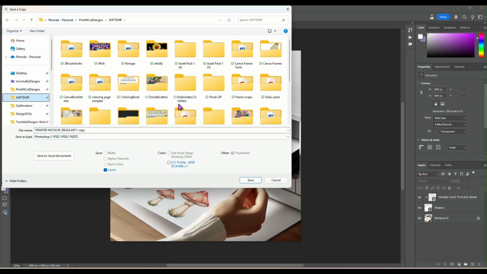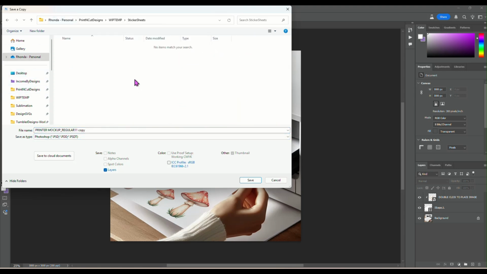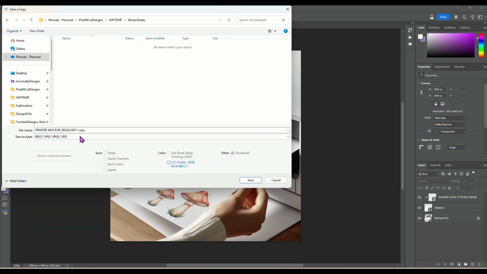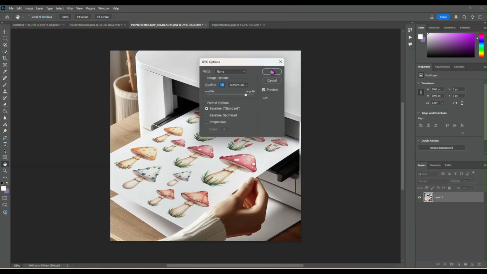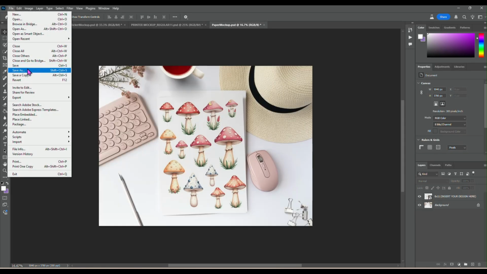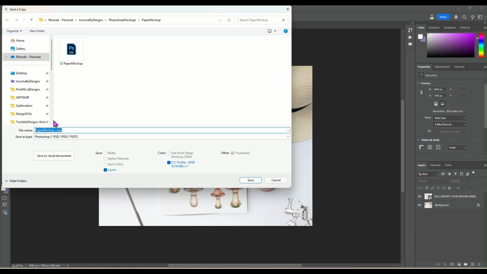So let's save this in here as sticker mock-up 1, JPEG, sticker printing. All right. And then this one we will save as